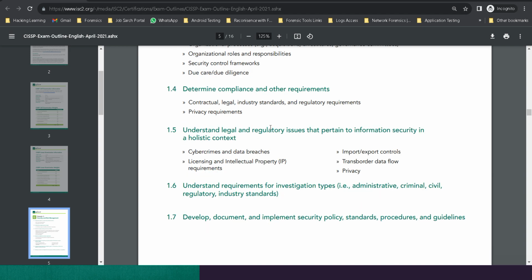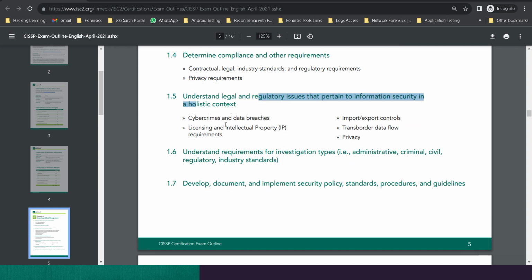Okay, determine compliance and other requirements: contractual, legal, industry standards and regulatory requirements, privacy requirements. Understand the legal and regulatory issues that pertain to information security in a holistic context. Definitely it is an excellent and interesting subject. So we can discuss cybercrime and data breaches, import and export controls, licensing and intellectual property, transborder data flow,